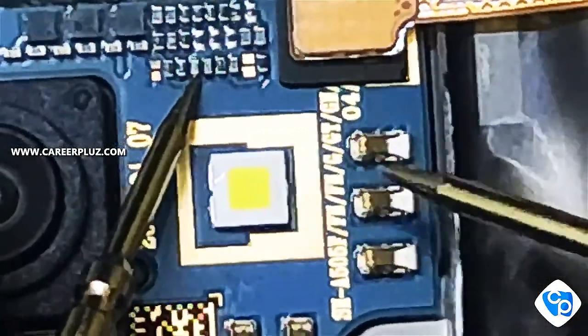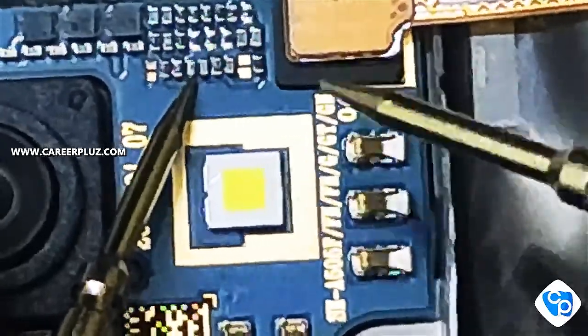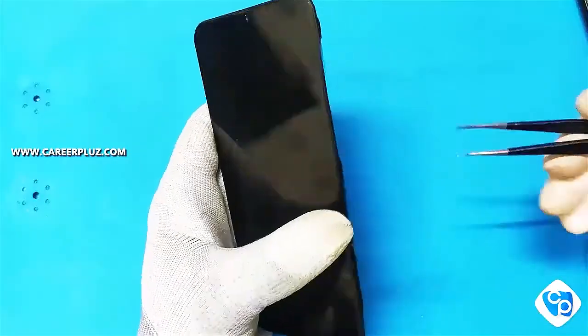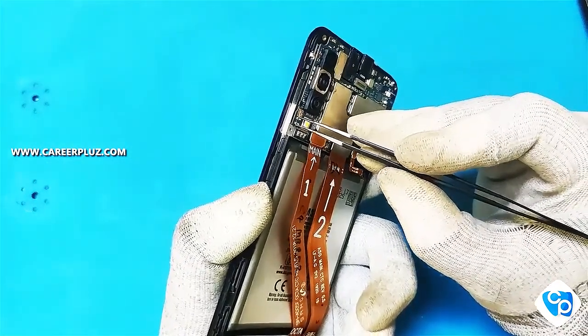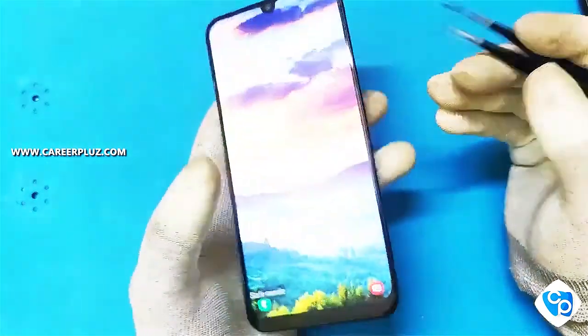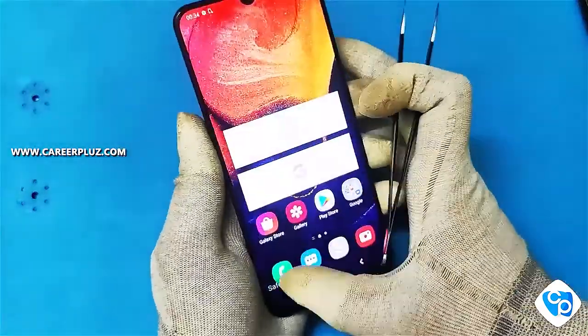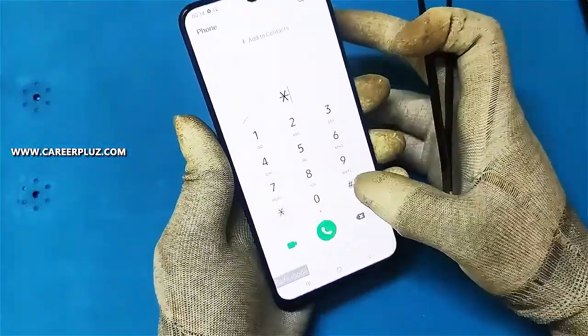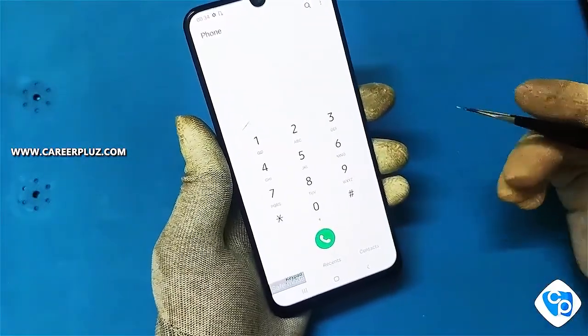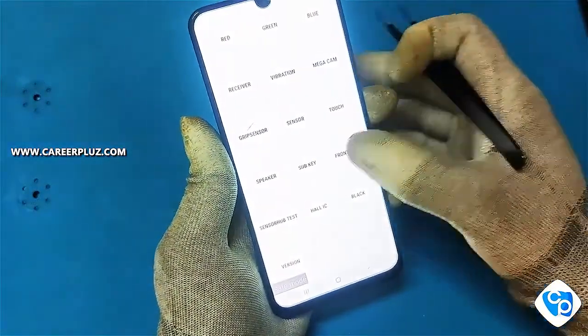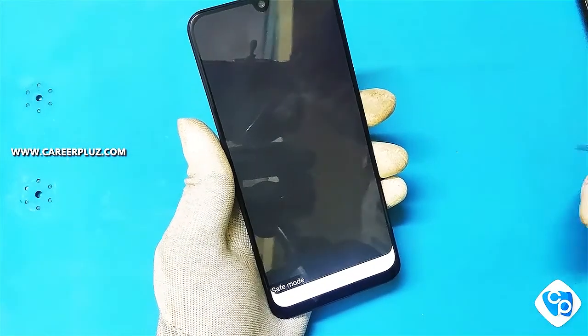To fix this issue, I'm going to do a jumper. Before that, I'm going to short to check the component. I'm shorting the power pins by using tweezers. Now dial the code *#0*#. Now going to the sub key option.